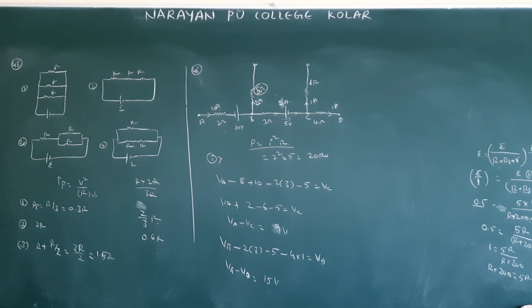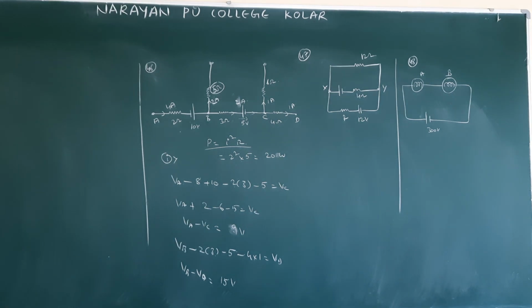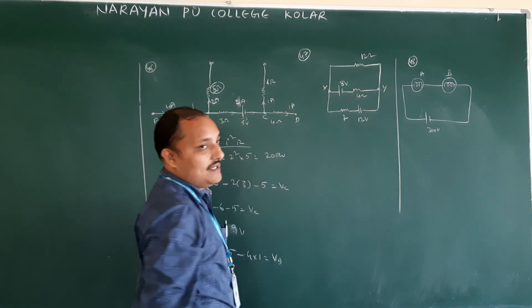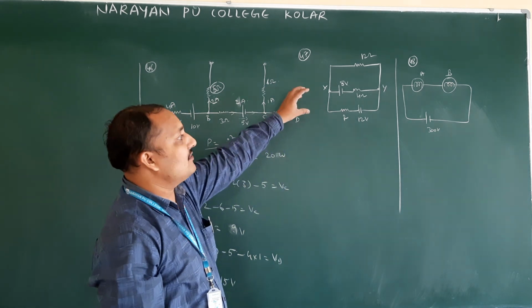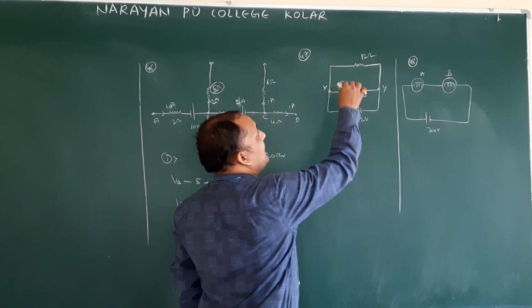Okay. Next is question number 47. See the question number 47. The value of R, so the power dissipated in it is maximum. They gave 12 ohms, 8 volts, 4 ohms. So in this, how are we going to solve this? Power is going to become maximum. So in this circuit diagram we will assume a battery here.